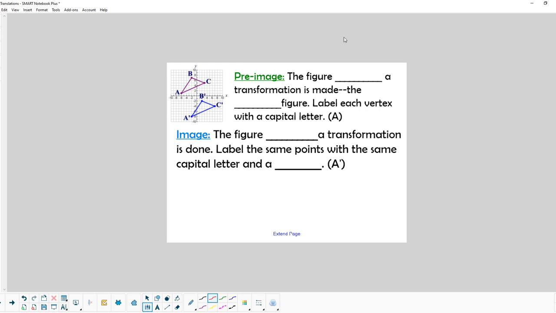So the pre-image, the figure, okay, when we talk about this shape right here, it's the figure before the transformation is made, okay? And it's a little tough to write with my mouse here, so forgive my size of letters here. Okay, so that is the original figure,